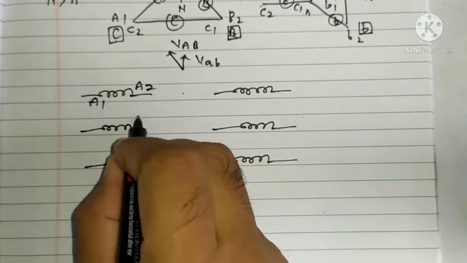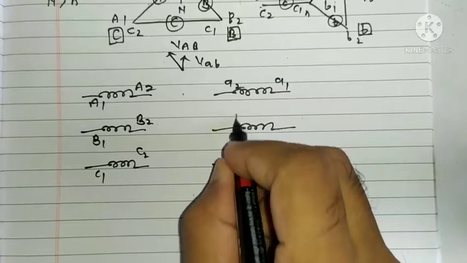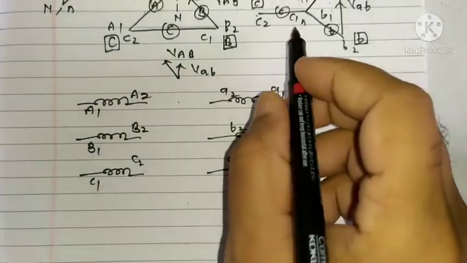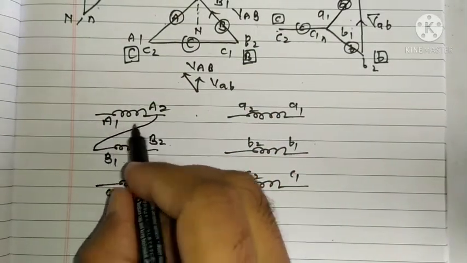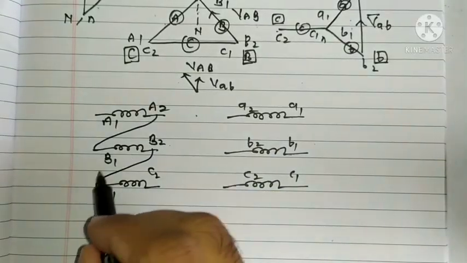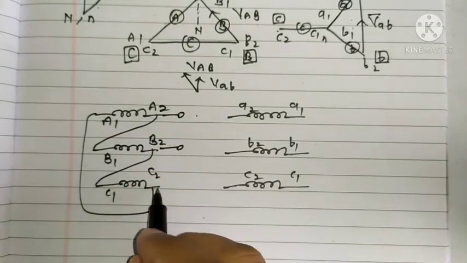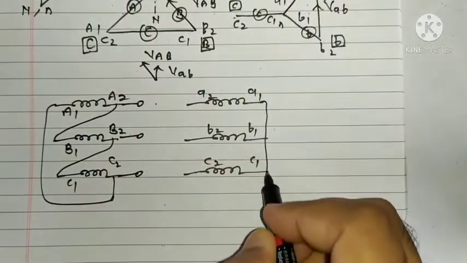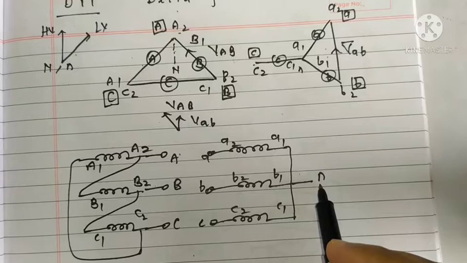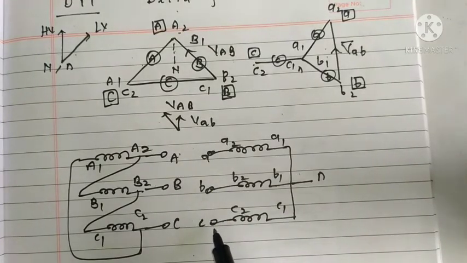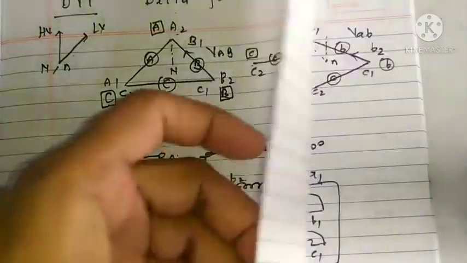A2, A1, B2, B1, C2, C1, A2, A1, B2, B1, C2, C1. A2 is connected to B1, B2 is connected to C1, and A1 is connected to C2. And these are the terminals A, B, C. Similarly, here A1, B1, C1 are shorted, and that becomes neutral, and A2, B2, C2 are coming as the LV winding terminals. Now let us go for the next connection,